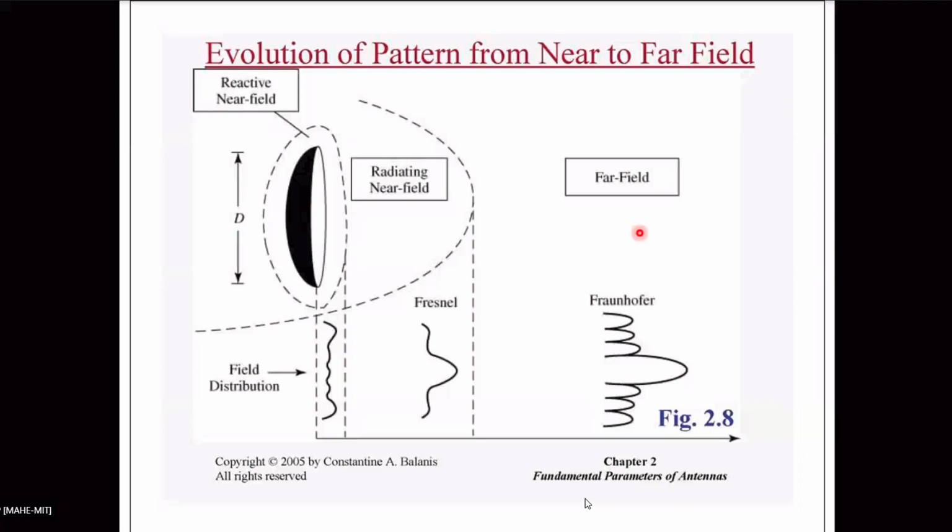So our main interest will be in the far field region. In one particular chapter, we will focus a little bit on the reactive field region and near field region. After that chapter, we never bother about the near field. We only study the far field region, because this is what is important. We should have as much spacing as possible between the transmitting antenna and the receiving antenna. Then only will we be efficient. We'll be saving in cost.